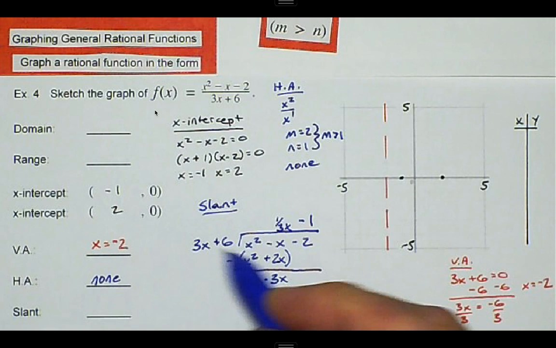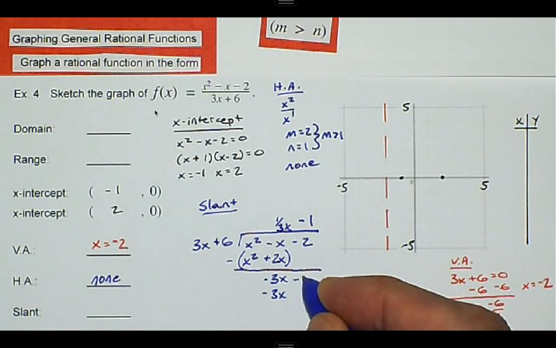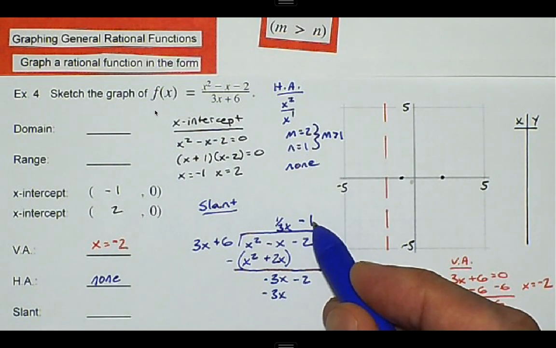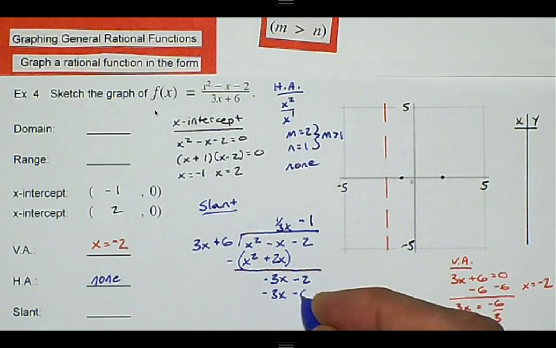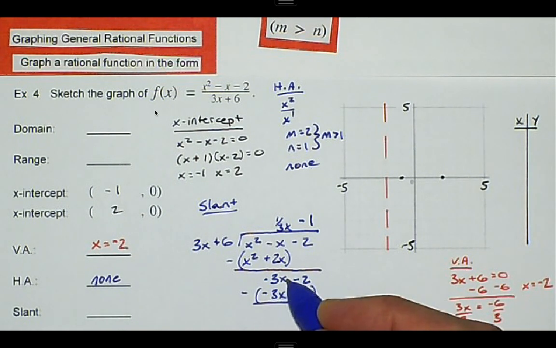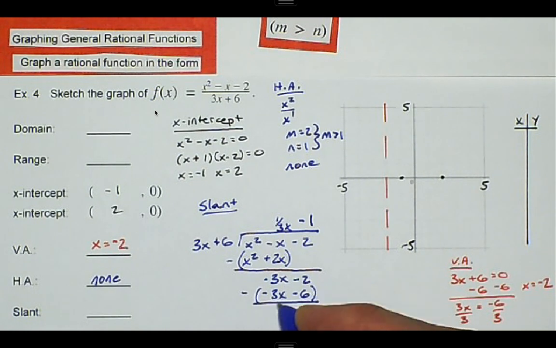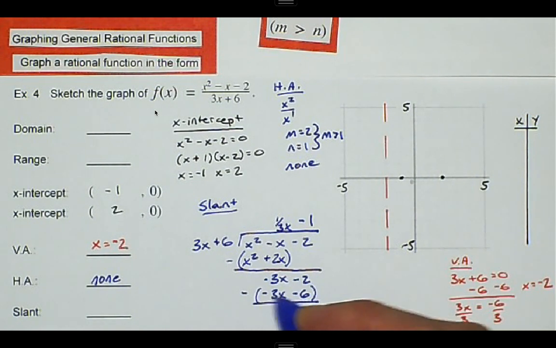So negative 1 times 3x is negative 3x. Oh, I forgot to bring down the negative 2 there. And negative 1 times 6 is negative 6. And then we actually have to subtract those. So negative 3x minus a negative 3x, that drops out. And negative 2 minus negative 6, so that's like plus 6, so that becomes positive 4